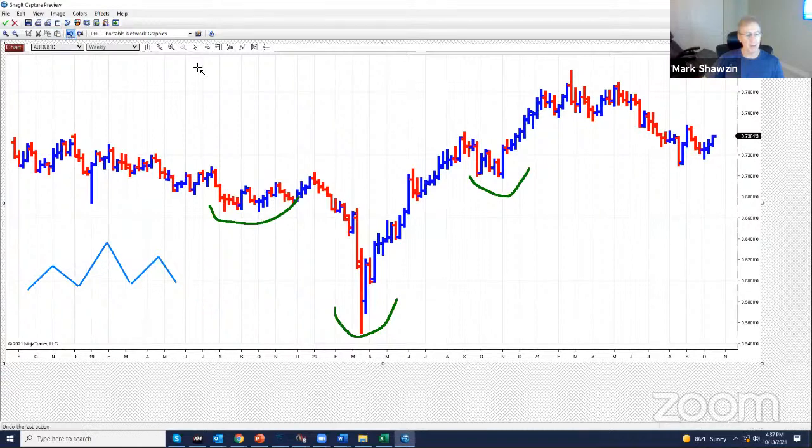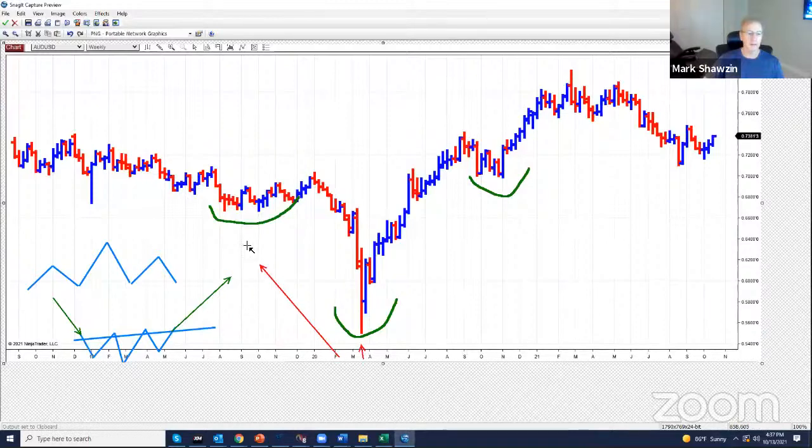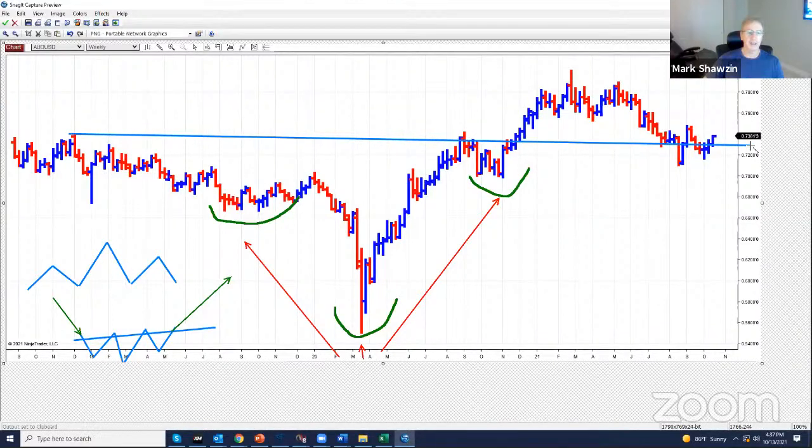So an inverted head and shoulders is simply an upside down version of this. This would be the left shoulder, that would be the head, and that would be the right shoulder. This is a little bit different, whereas leading into the pattern was a downtrend, and coming out of it, we would surmise that it's going to go higher. So this is basically what I think we're looking at long-term in Australian US dollar. You have this large inverted head and shoulders, and there's the neckline.